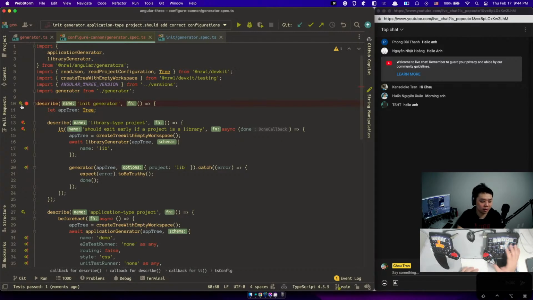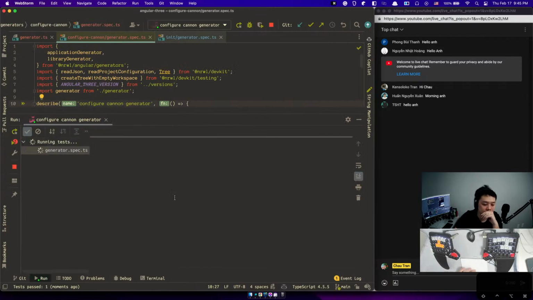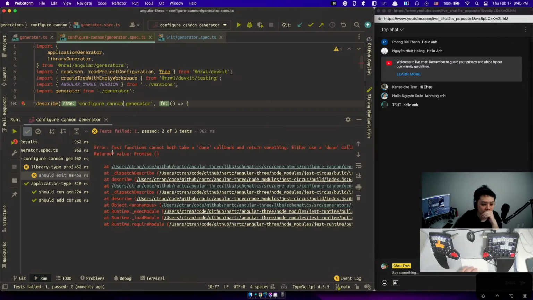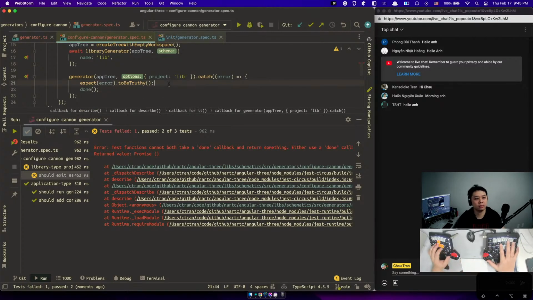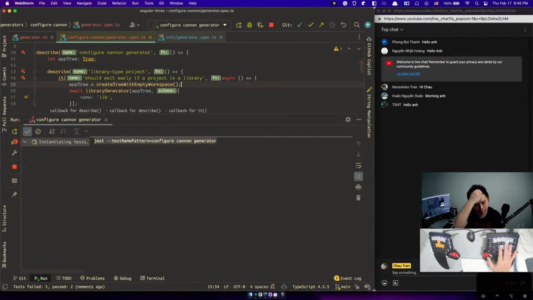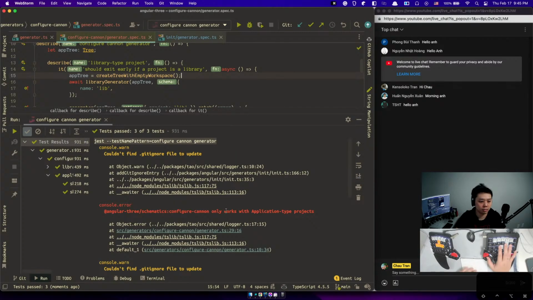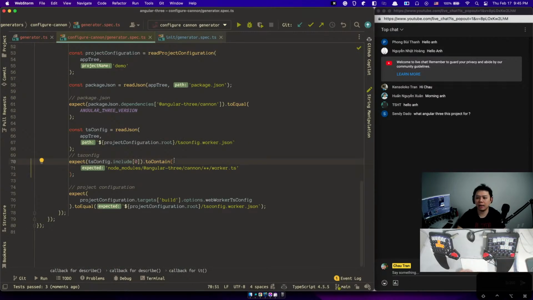What error? Not init, but configure generator. Oh, okay, that's fine. Because there we go. All right, so I think